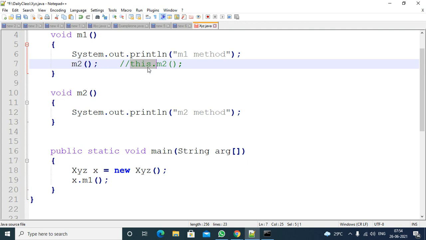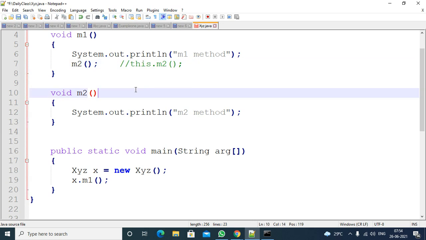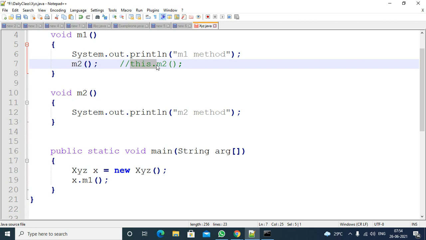If you are not using the reference, the compiler will add this, for the current class, not the super class or some other subclass.